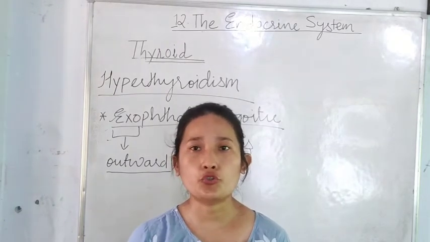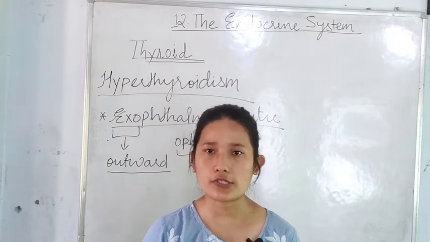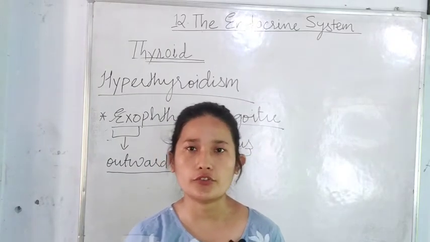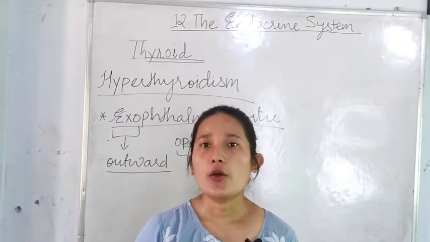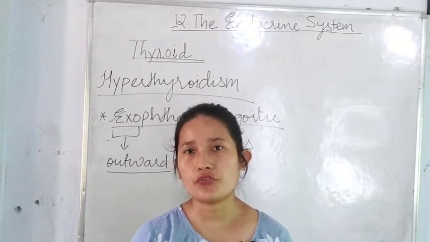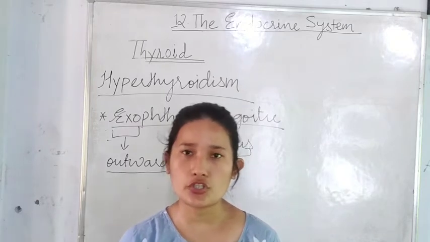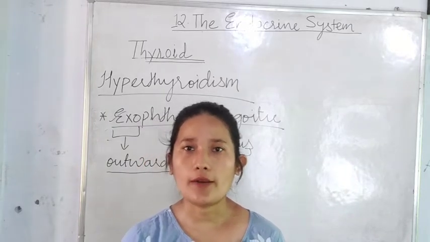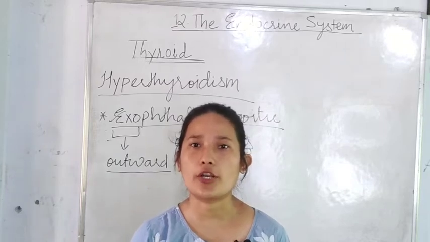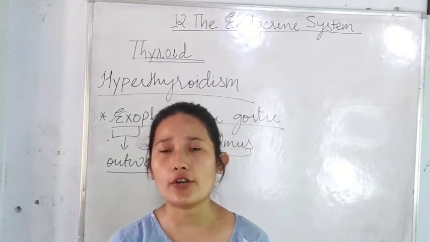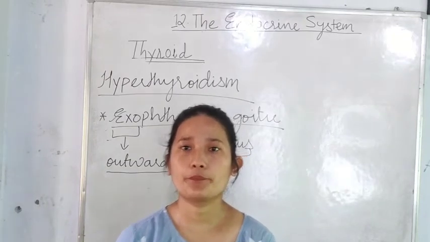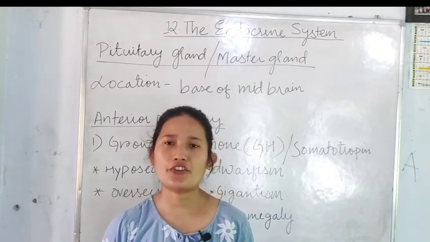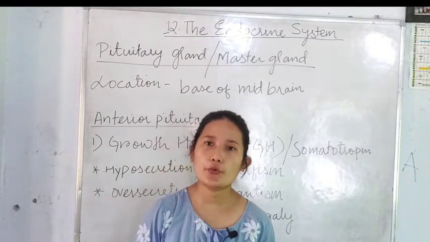You have to go through the 2 hormones, that is thyroxine and calcitonin, just know the function. For thyroxine, you have to know the function, what are the diseases caused because of lower or higher secretion of that particular hormone, and what will happen to your basic metabolic activity in case of over or less secretion of the thyroxine hormone. Okay, so we have completed the thyroid gland. Next we will be moving on with